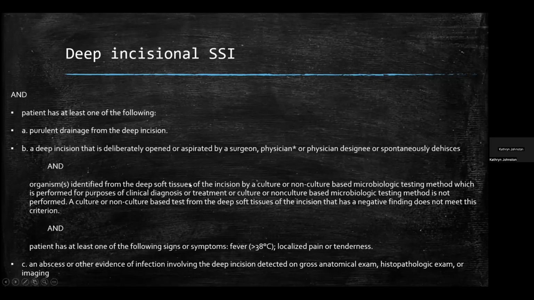organism is identified, or a culture isn't done. If a culture is done and the result is negative, then that means that they can't meet this criteria. And then they also have to have the signs or symptoms, or they can have an abscess on either gross anatomical exam. In other words, if the doctor goes in for resurgery, or histopathologic, or imaging as well. And then for,